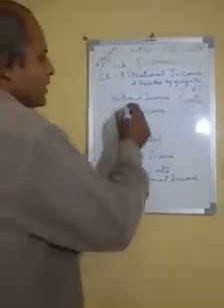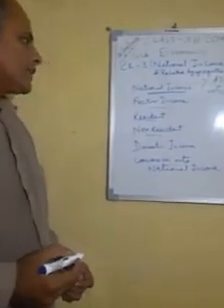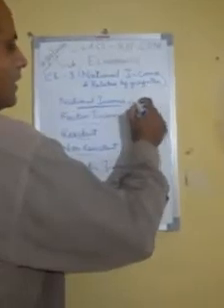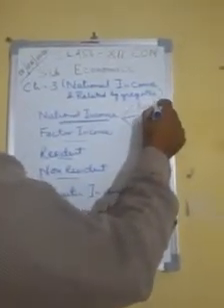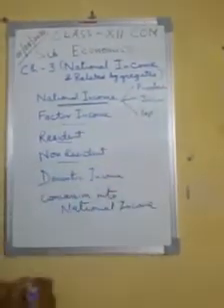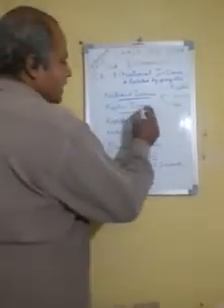So why is national income necessary to study? National income is calculated to find out the economic prosperity of any country. It is calculated to find per capita income of the citizen of the country. National income can be calculated by 3 ways. That is product, income, and expenditure method.